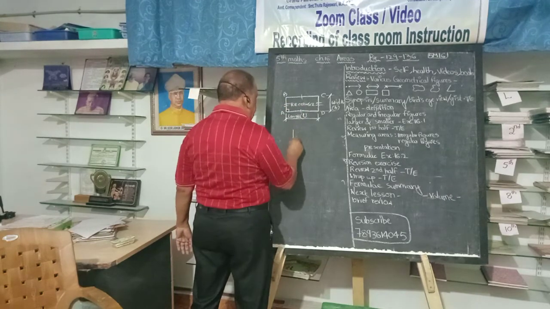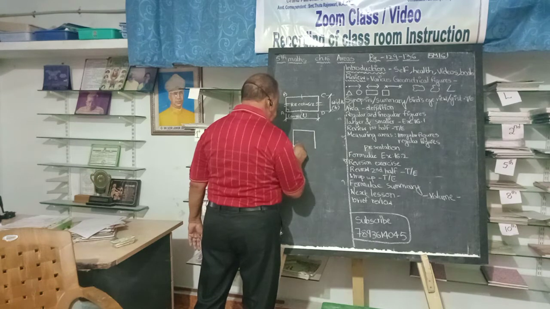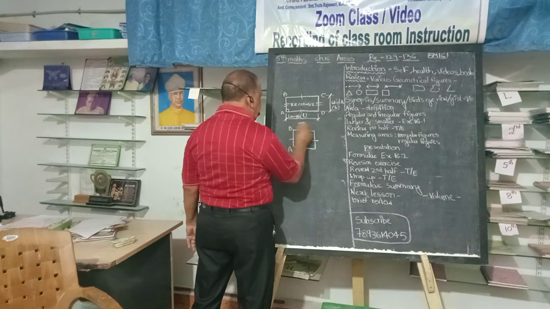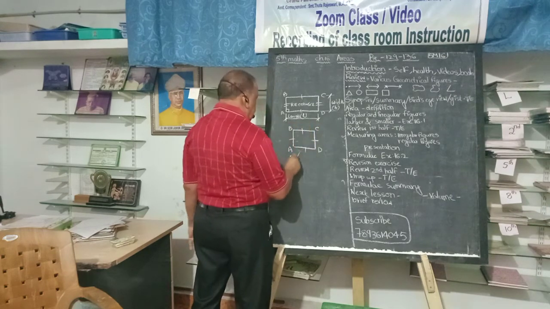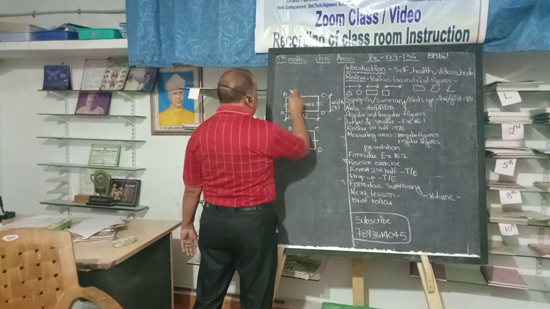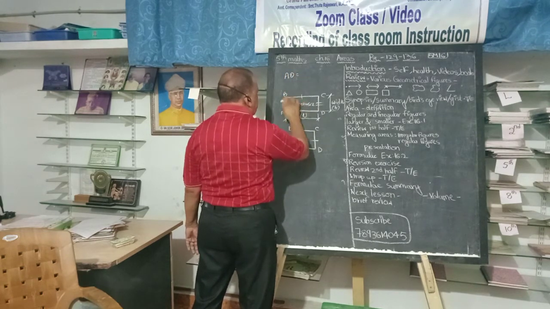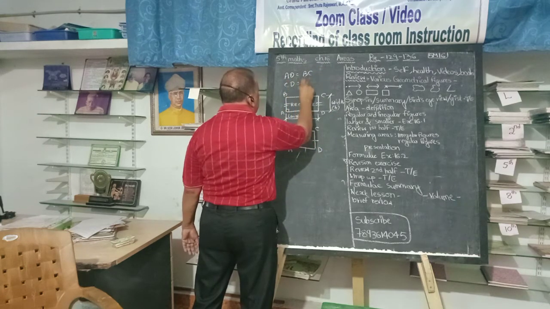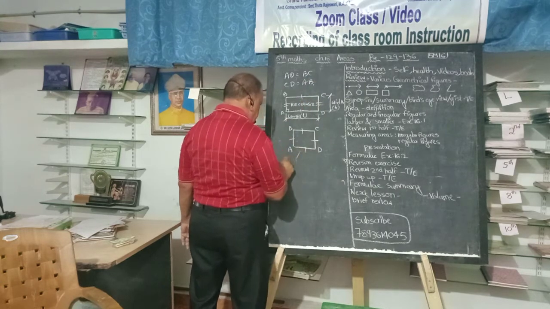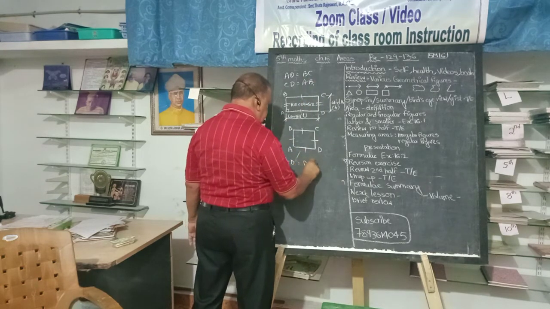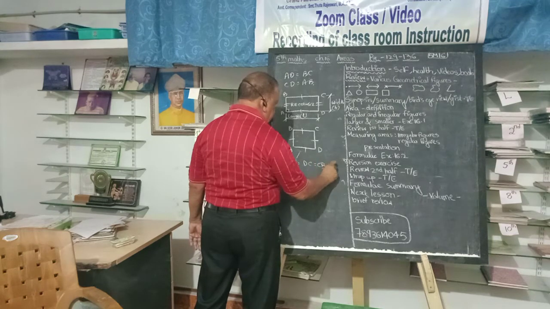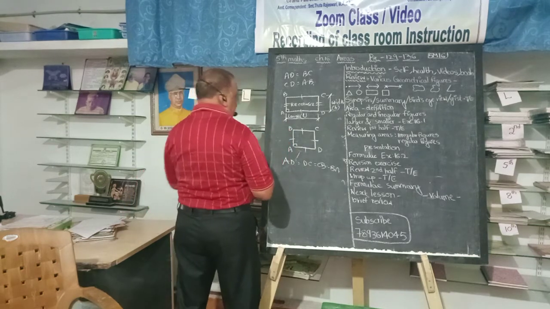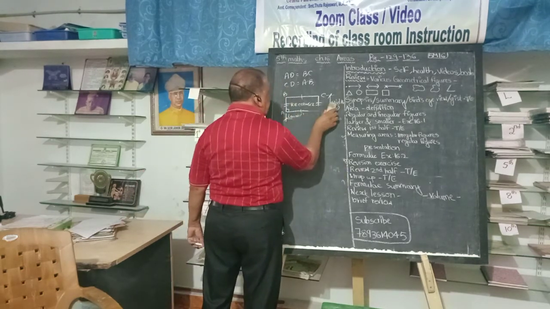Now in the case of a square, all sides are equal. This is A, B, C, and D. In a rectangle, AD is equal to BC, and CD is equal to AB. Whereas in the case of the square, AD is equal to DC is equal to CB is equal to BA. All these are right angles and all sides are equal. This is all I covered. I gave you the introduction about all the shapes here.